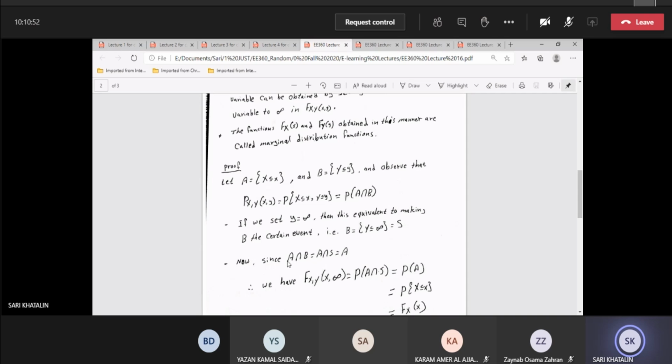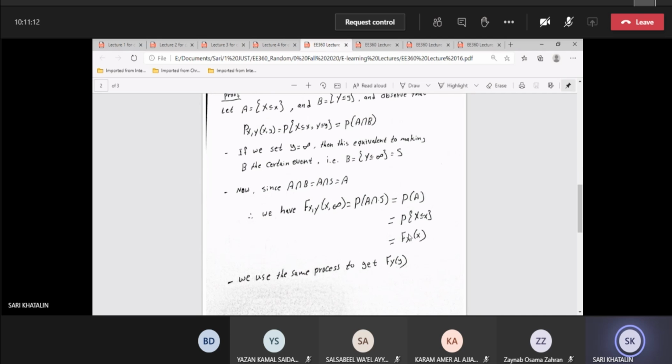Obviously, the intersection between A and the universal set will have to be equal to A, because A is a subset of S. So when you plug in A intersection S, it will have to be equal to the probability of A,